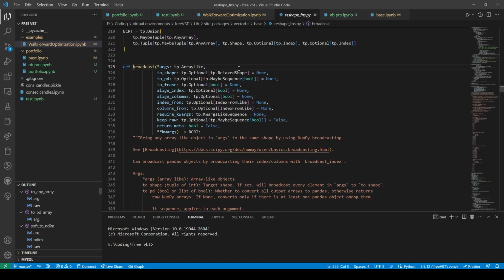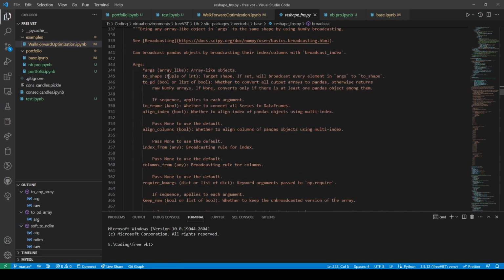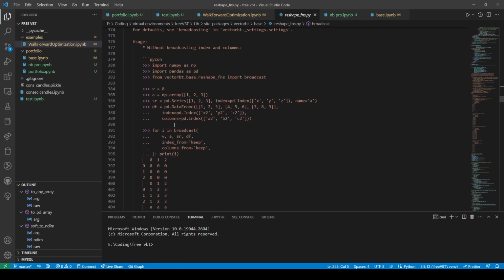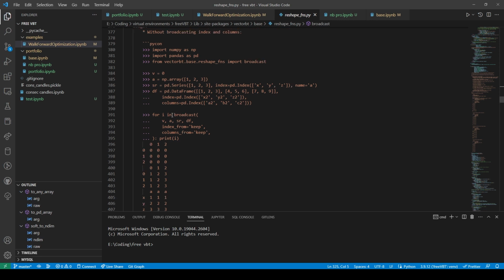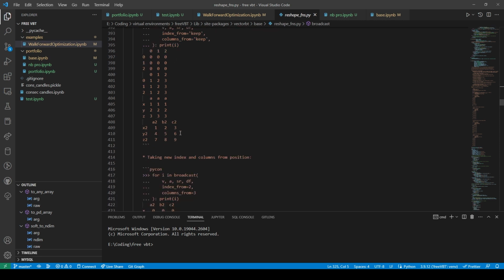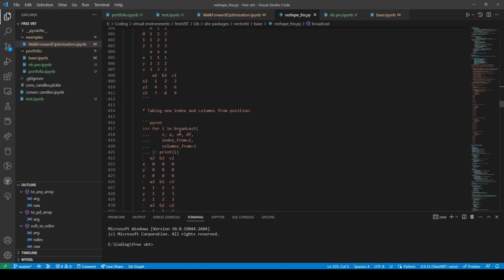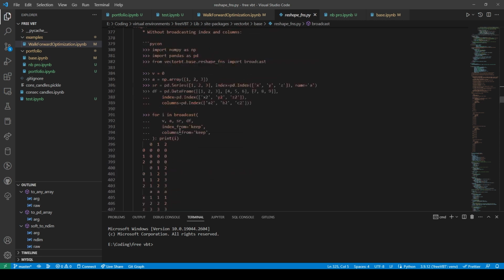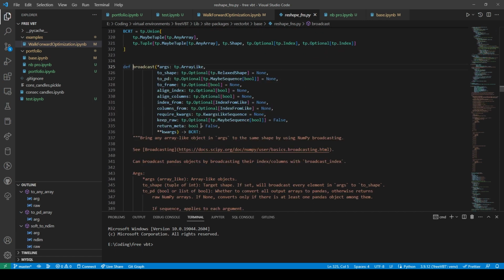Unless I... args to shape to... for i in broadcast print i. Where is this at?